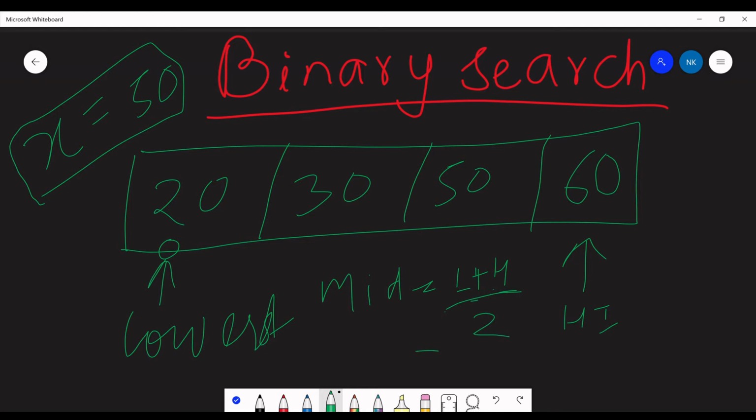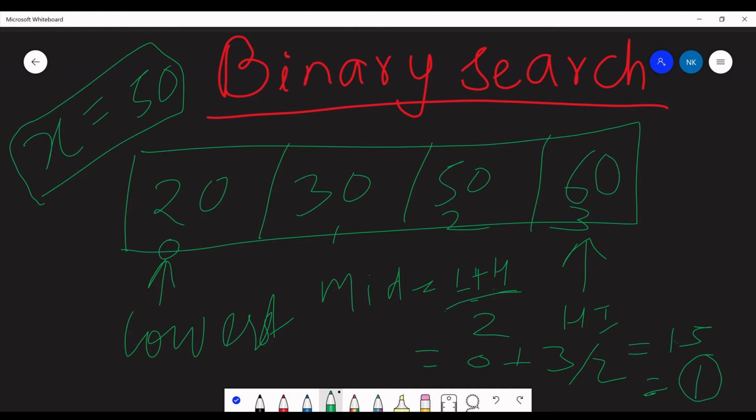Low is 0 and the last index is 3, since the indices are 0, 1, 2, 3. So 3 divided by 2 gives 1.5, but it should be a whole number only, so we have 1.